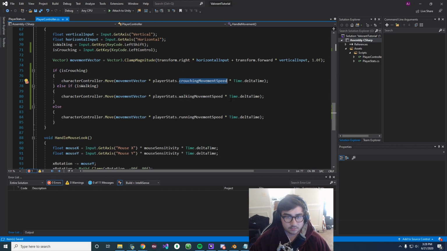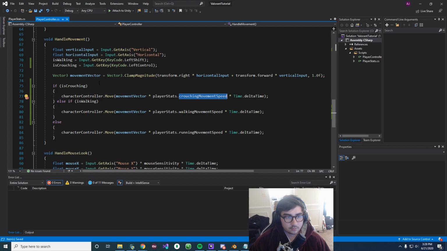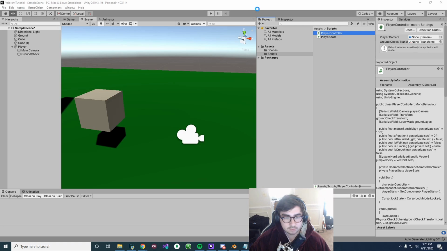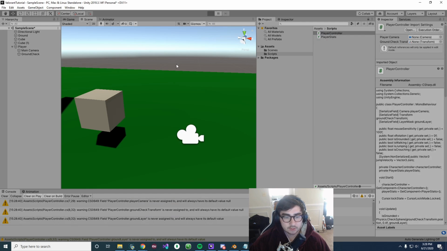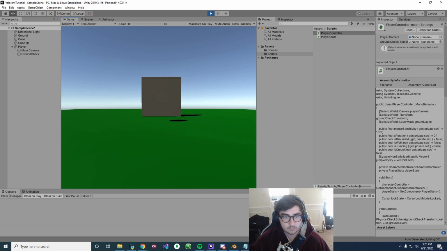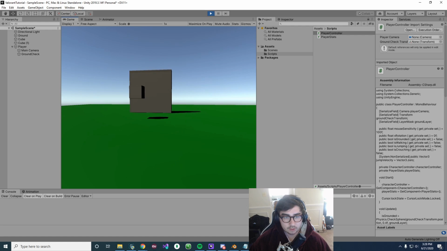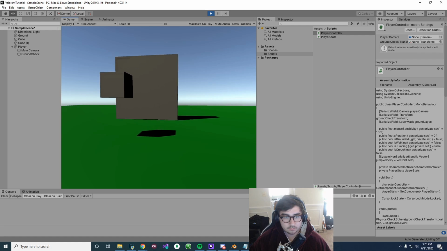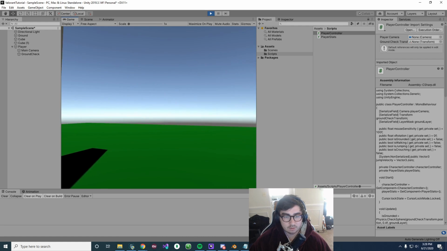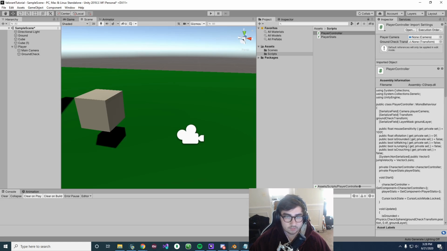Feels okay. So now if we just go back to Unity and we just confirm that our movement speed is being affected when we hold down crouch. So let's see. So I'm running, walking, crouching. And when I hold shift and control at the same time, I'm still crouching, or I'm moving at the crouching speed.